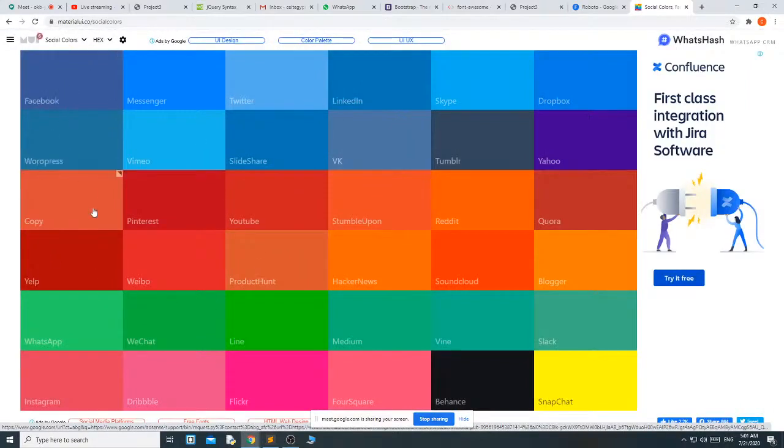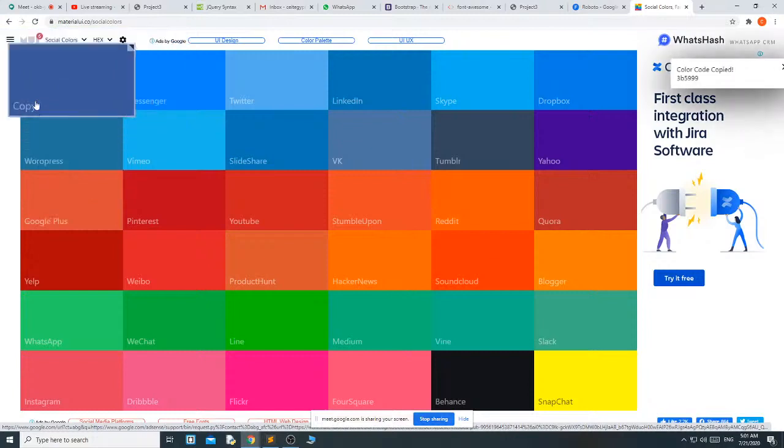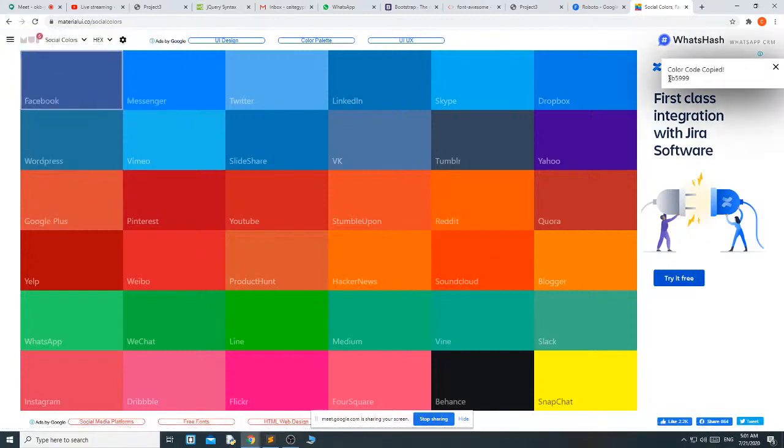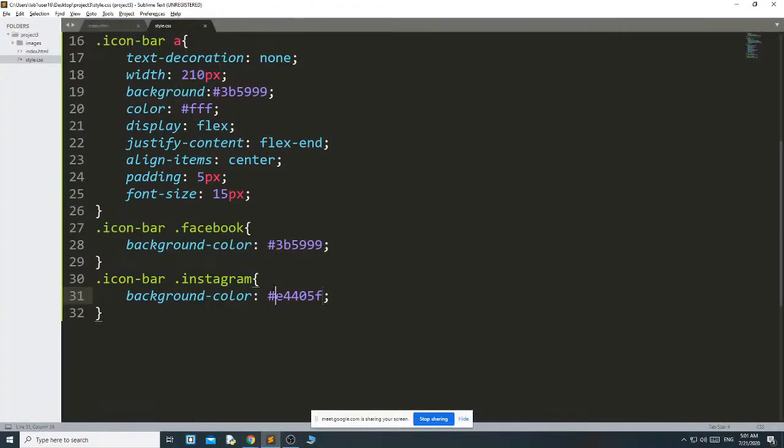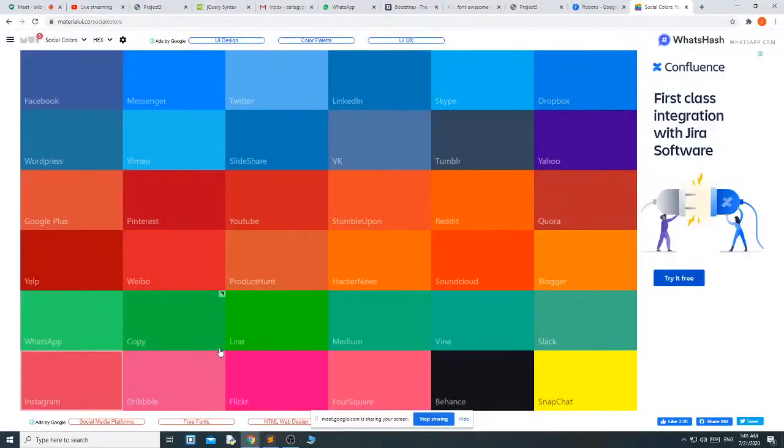If you are using Facebook and copy this, it will show that the Facebook color code is 3b5999. Suppose I am using Instagram, then copy it. It's showing the Instagram color is E4405F. If you want, just copy this color code and paste it here.